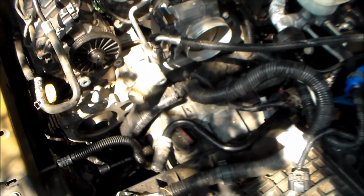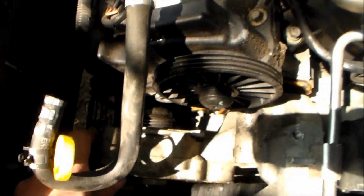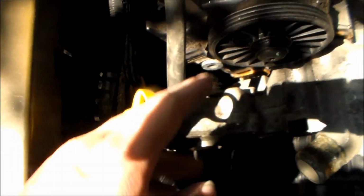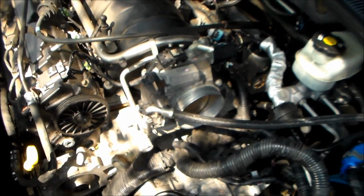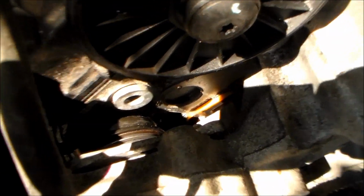But basically, what has to happen is this whole crossover pipe has to come off. I tried to wiggle it out just enough so that I could break the power steering pump free and wiggle it out, and it didn't happen. The whole thing's got to be pulled off. I'm sorry. But another big thing is you see